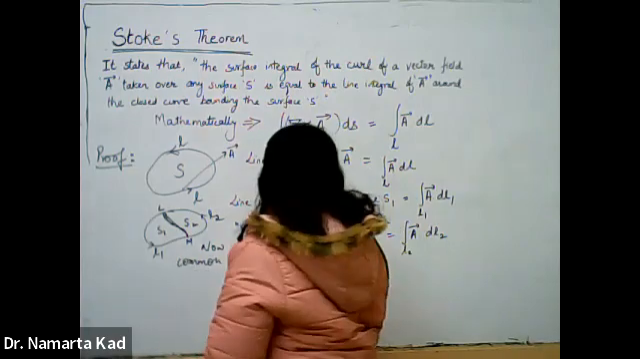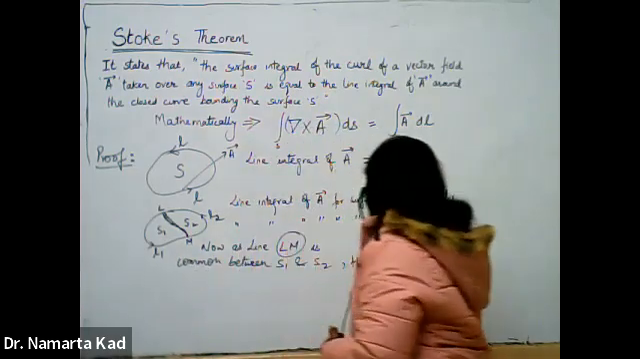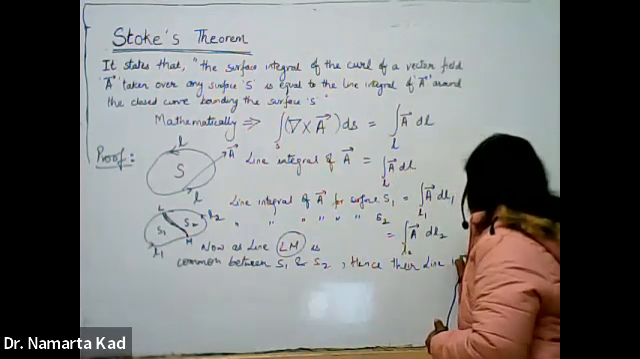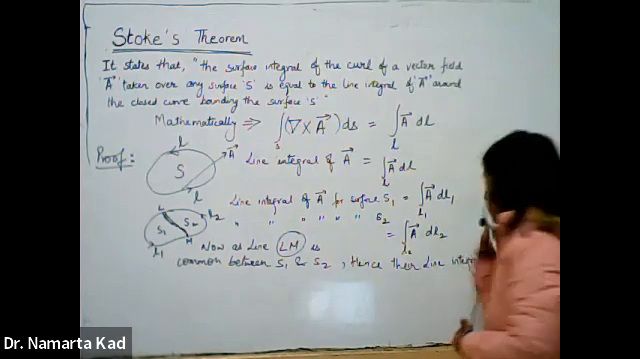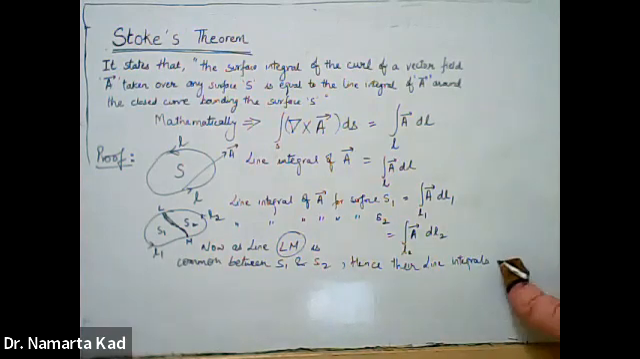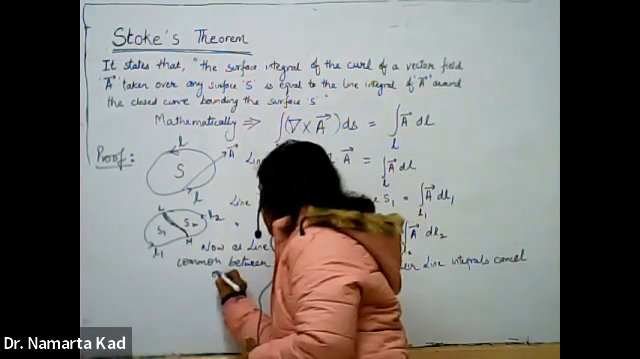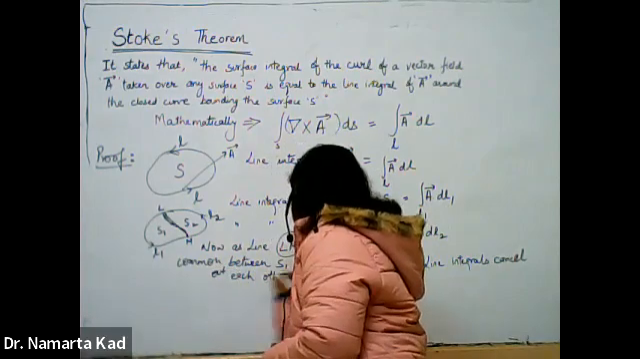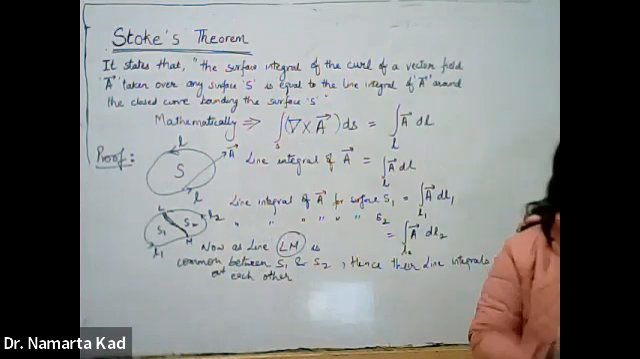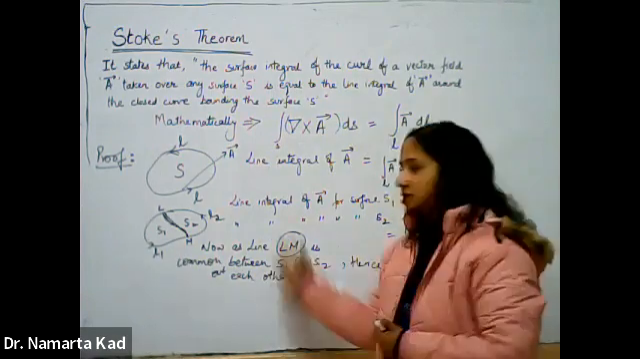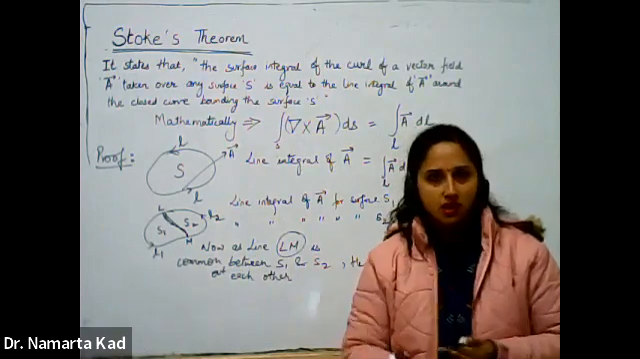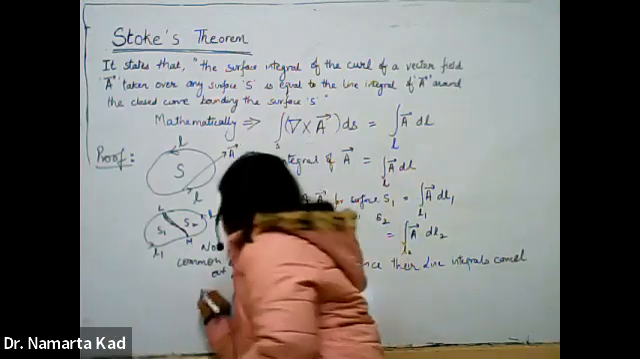Hence, their common line integrals cancel out each other. Okay, now what is the net line integral? Just as in the last divergence theorem, where we finally calculated the net flux diverging, okay, so the net line integral